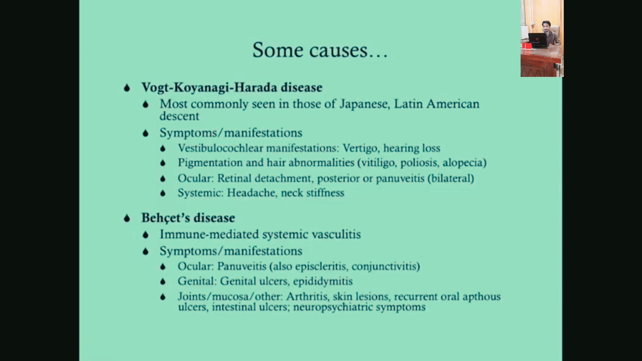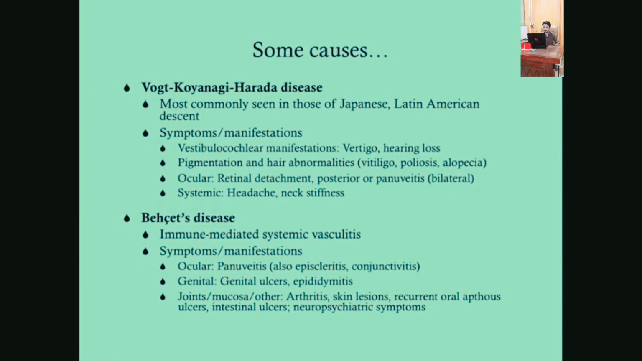And then systemic symptoms like headache and neck stiffness. So this is Vogt-Koyanagi-Harada disease. And you'll really impress your resident ophthalmologist on staff if you know about this disease. Behçet's disease is a little bit more commonly known because this is a